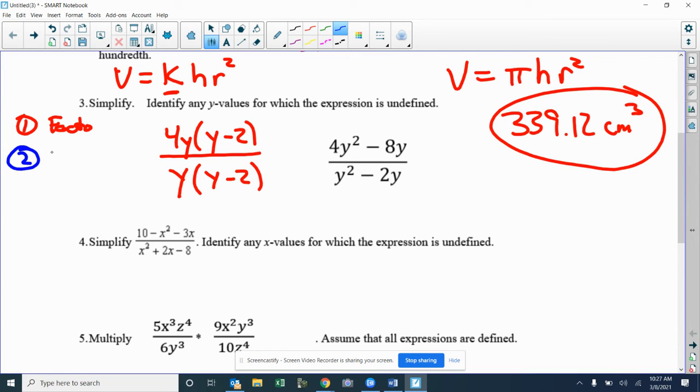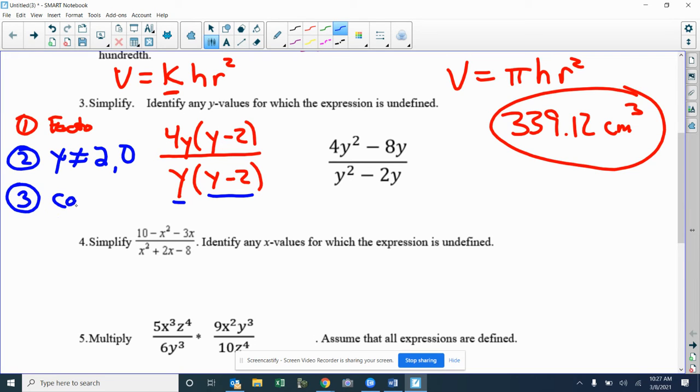Step 2, what cannot y be? Well, in this case, it cannot be 2 and also 0. Both of those need to be taken care of. It cannot be 0. If I put 0 in, that'd be 0 times negative 2, which is still 0. If I put 2 in here, it'd be 2 times 0, which is still 0. So do you see both of those need to be done? Okay? And then step 3 is